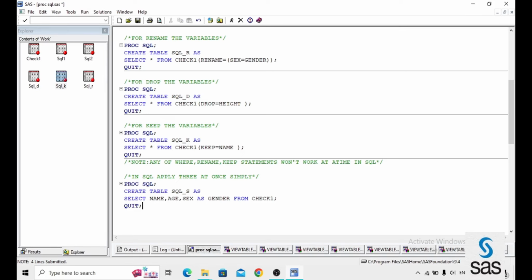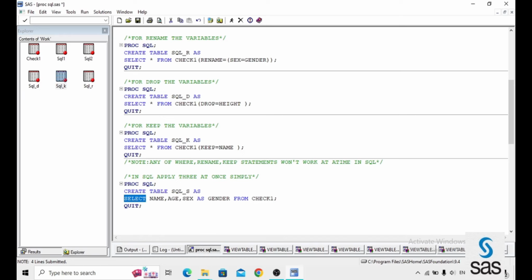Okay. And here in the select statement, if you write the variables, it will keep the variables. And if you don't write a variable in it, it's automatically dropped from that dataset. It means select works as a keep if you write the variable, and if you don't write the variables you don't need, it's just like a drop. Like this, a proc SQL is a very flexible query for every situation, and whatever you did with dataset options will be applicable with a single statement.